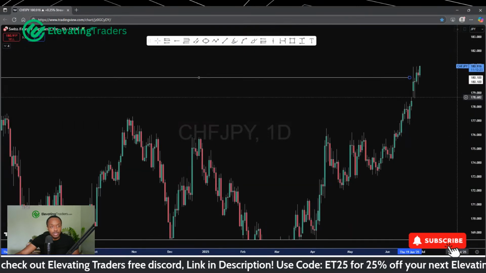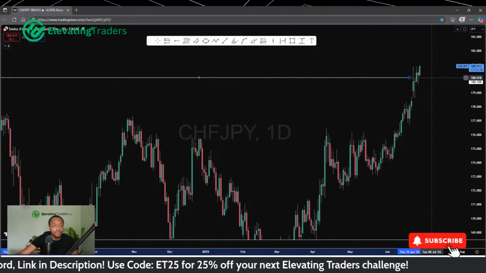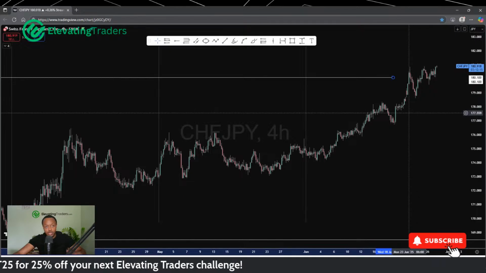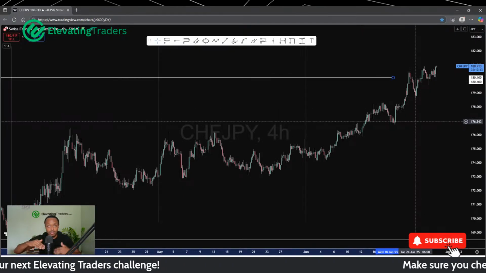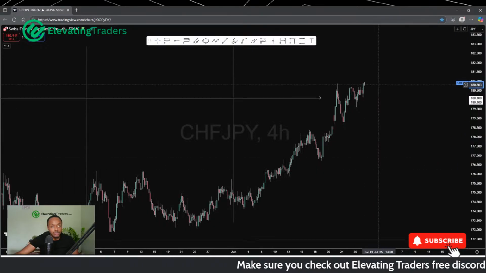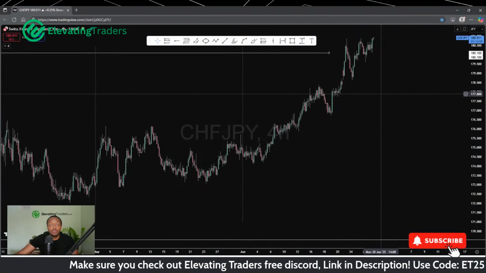So with Swiss yen, I'm kind of just monitoring price. I'm actually a bit more eager to look to sell this one once the right opportunity does come knocking. Just because we are quite stretched from all-time highs, there probably would be a big relief in price. So I do like the idea of shorting it. But for the most part, it's still very consistent with the higher lows.